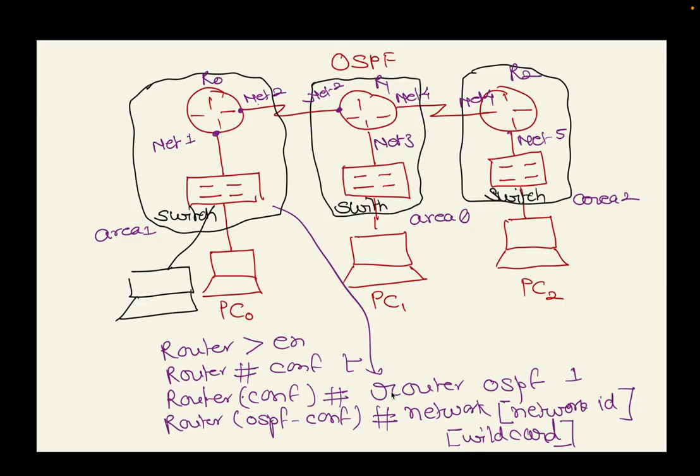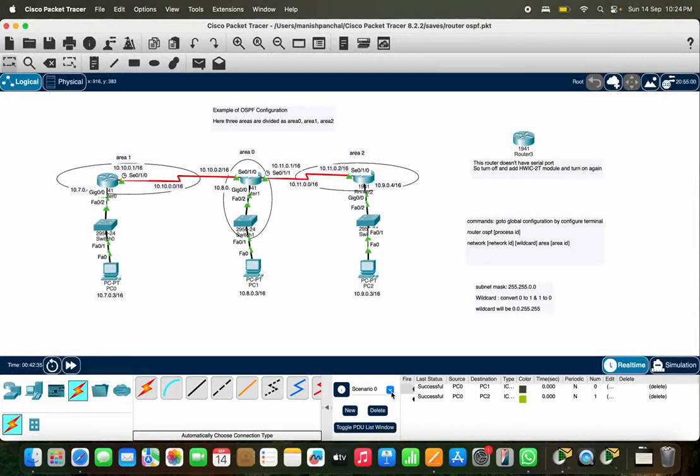your subnet mask, and then you have to mention the area. So whatever area this router is covering, for this router we can mention area 1. So these 3 commands we have to run for OSPF configuration. Immediately we will switch to this topology, and we can see that for OSPF configuration